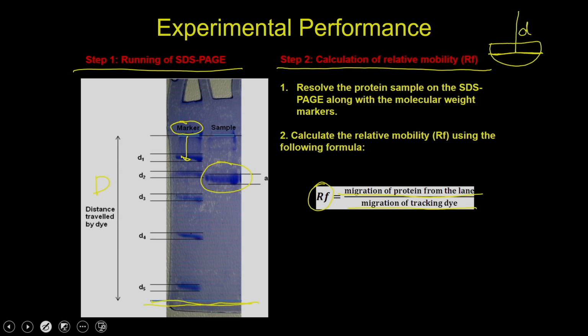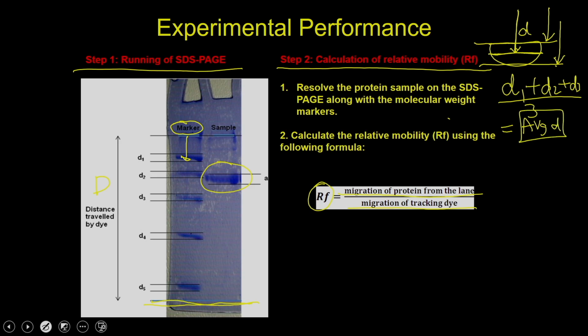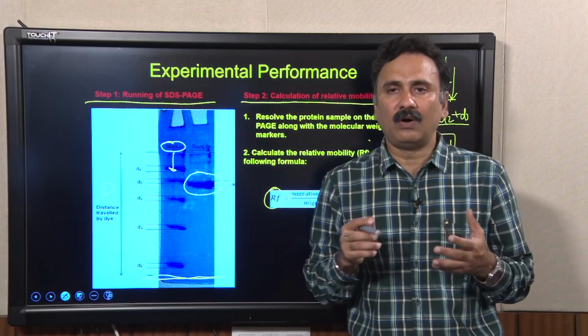The alternate approach is that you can do 3 measurements. You can do one measurement from this point, another measurement from this point, and the third measurement from the center of the band, and that is how you get d1 plus d2 plus d3 divided by 3, which gives you the average distance, average d. That average d can be used for each and every band, and that is going to take care of the